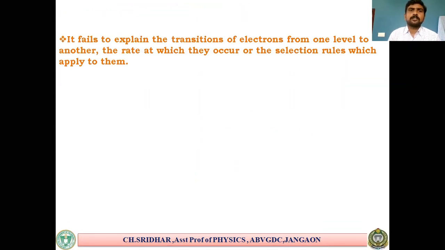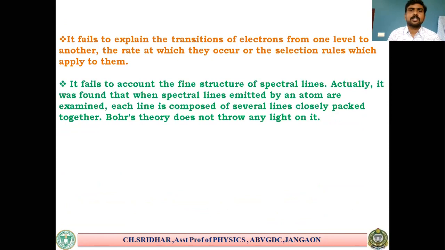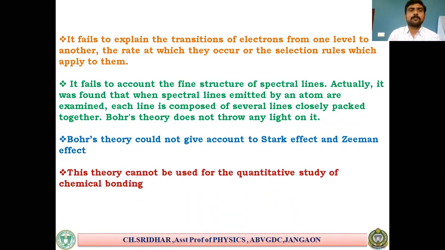And it fails to explain the transitions of electrons from one level to another level, the rate at which they occur, or the selection rules which apply to them. It fails to account for the fine structure of spectral lines. And Bohr's theory could not account for the Stark effect and Zeeman effect. And this theory cannot be used for the quantitative study of chemical bonding. And these are the